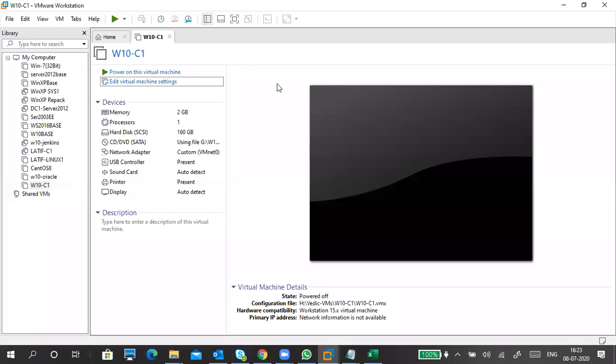Okay, I created a virtual machine. Now I want to start this virtual machine, but when I start it, it is a small screen. Okay, better to start in full screen mode. When you start in full screen mode, there is this black screen, and at the top of the black screen it says press any key to boot from CD or DVD.